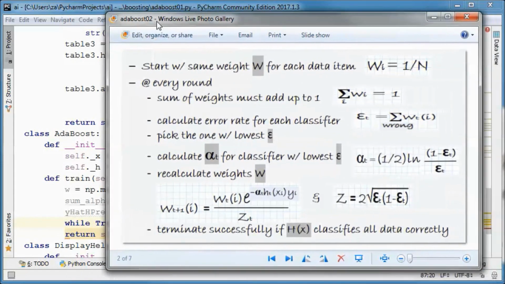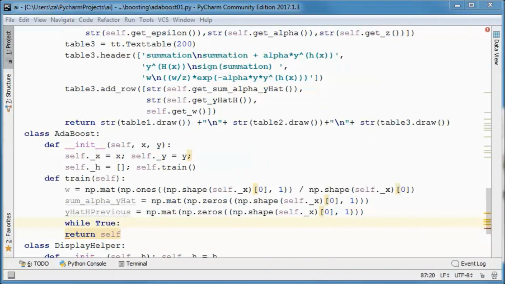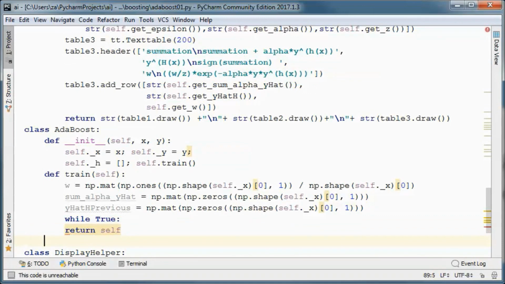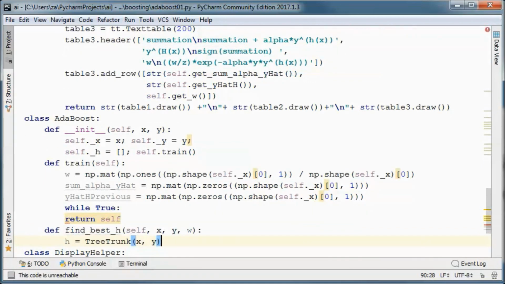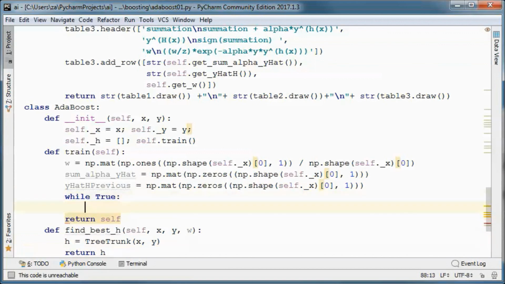So we need to find the classifier with the lowest epsilon, and this method will do that. And return that classifier, and we will call it from here.